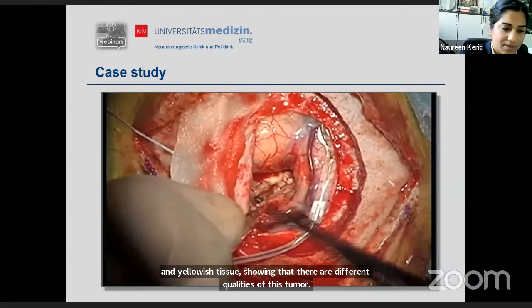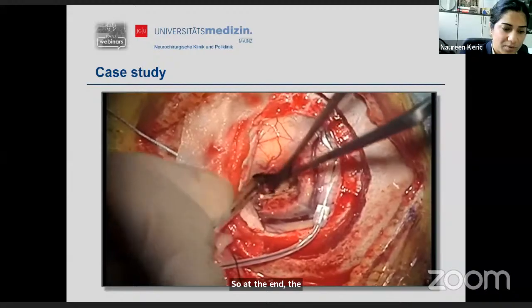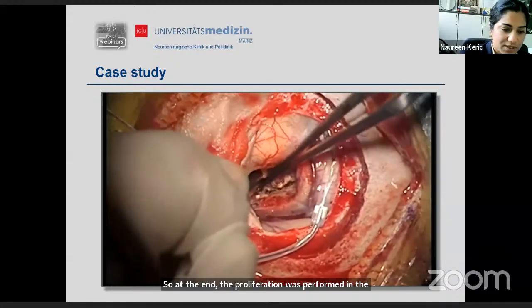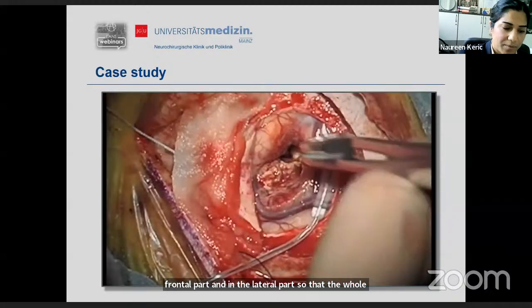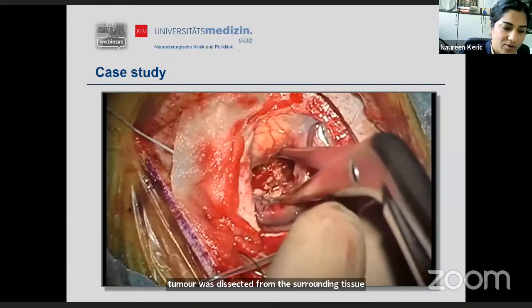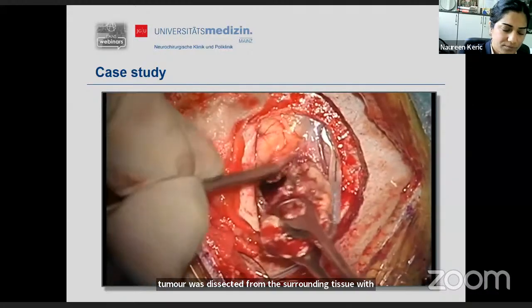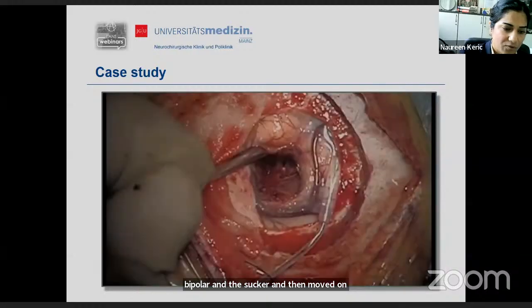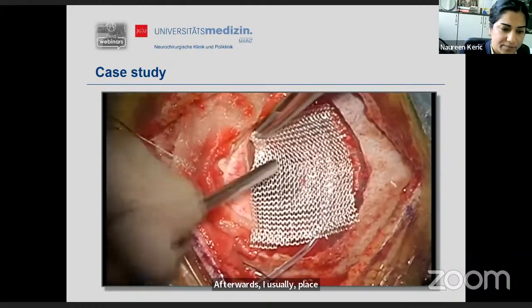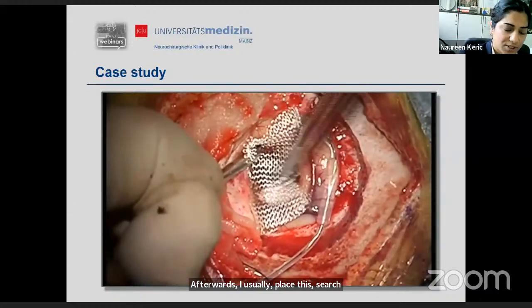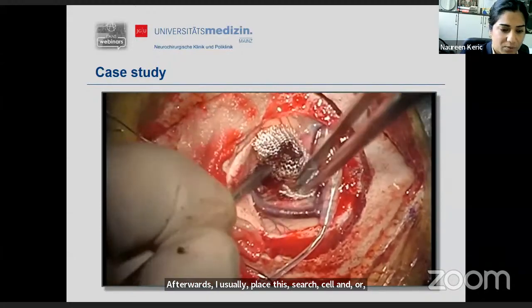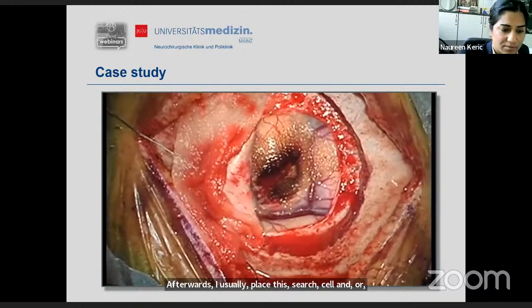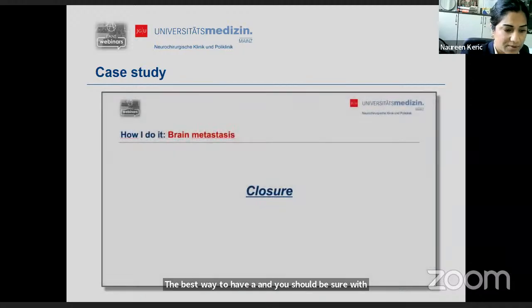So at the end, the preparation was performed in the frontal part and in the lateral part, so that the whole tumor was dissected from the surrounding tissue with bipolar and the sucker, and then removed en bloc. Afterwards, I usually place this Surgicel and or Tabotamp and irrigate for at least 3 to 5 minutes. It's the best way to have a good hemostasis, and you should be sure with the hemostasis as always or